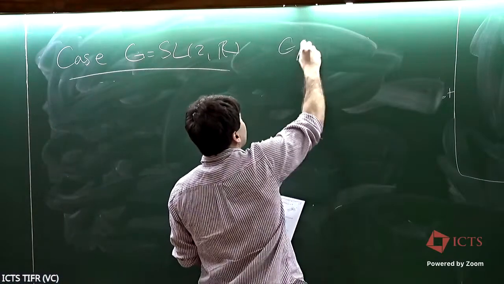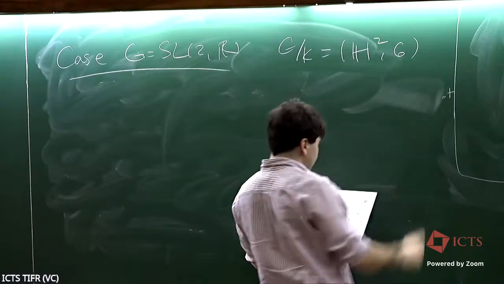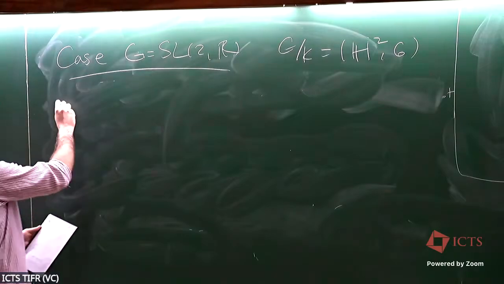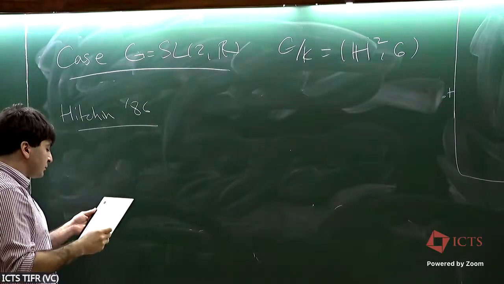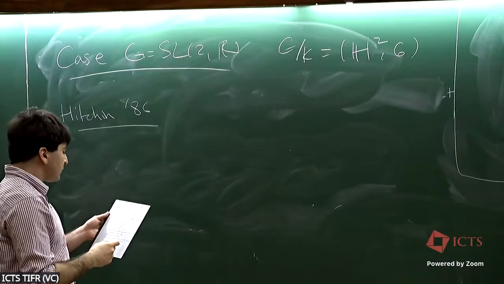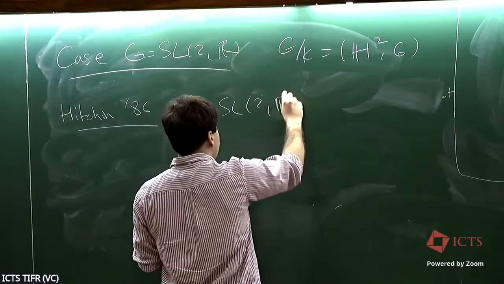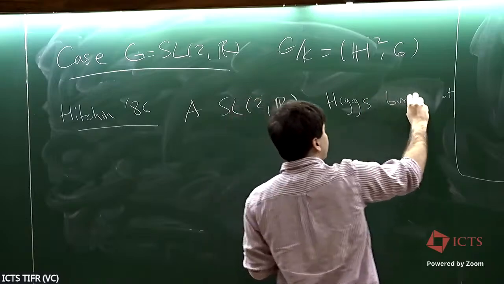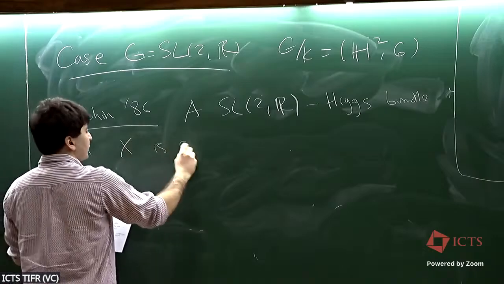In this case, just a reminder, G mod K is just hyperbolic two-space with a metric of constant negative curvature. So we want to understand maps from C to H2. My starting point here is results from Hitchin's original paper on the self-duality equations. I'm going to state it in a way that's surely different from how it was stated there. And that's that an SL2R Higgs bundle is stable or polystable on X if and only if it is equivalent